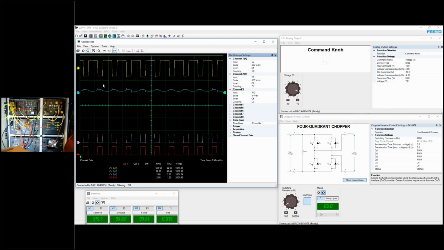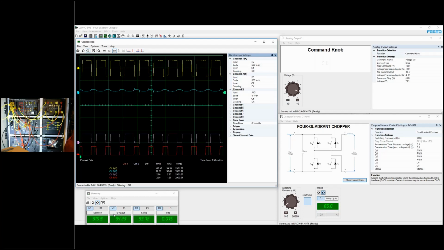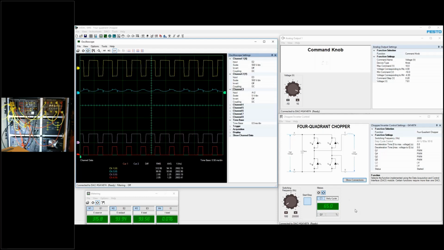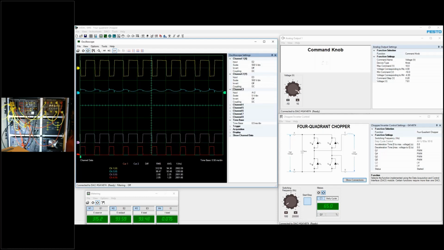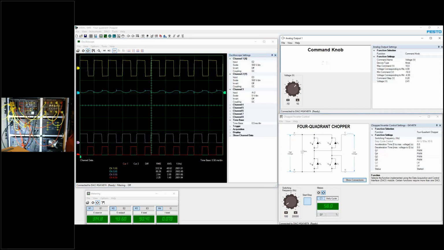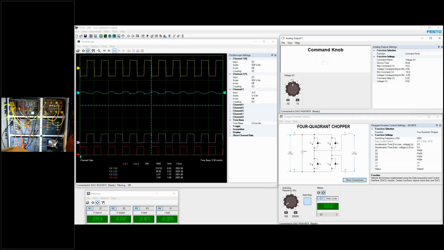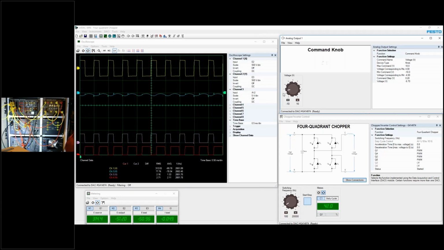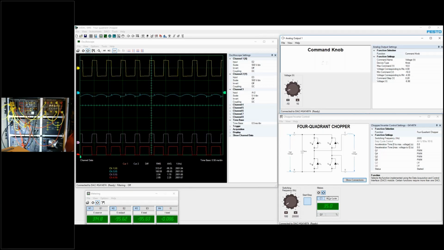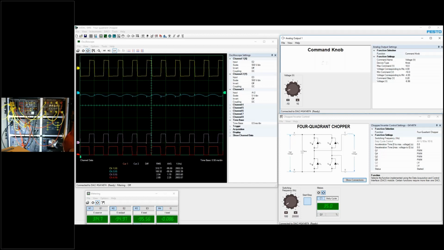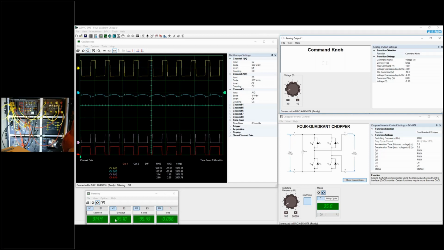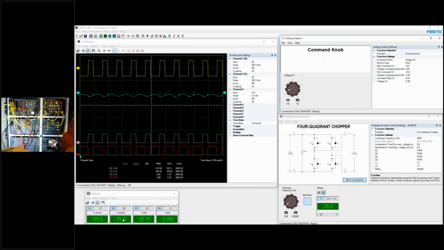So basically, anyway, what I wanted to show you is that we can control the intensity of the voltage at the output, and if I decrease my voltage here to bring a duty cycle below 50%, like I'm doing now, you can see that now that I am below 50%, my average voltage at the output is now negative. So you can see that with this knob here, I can have my average voltage at my resistive load vary between